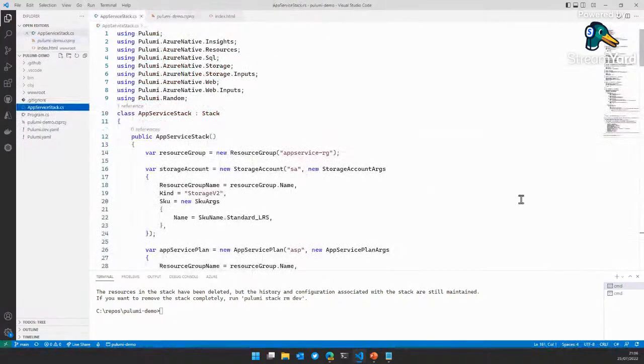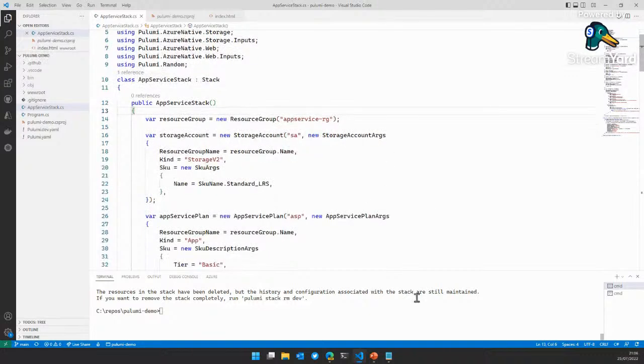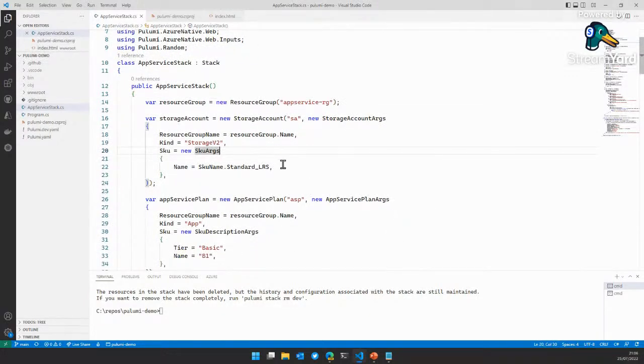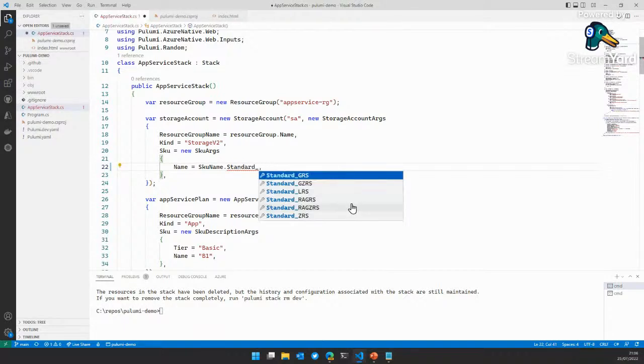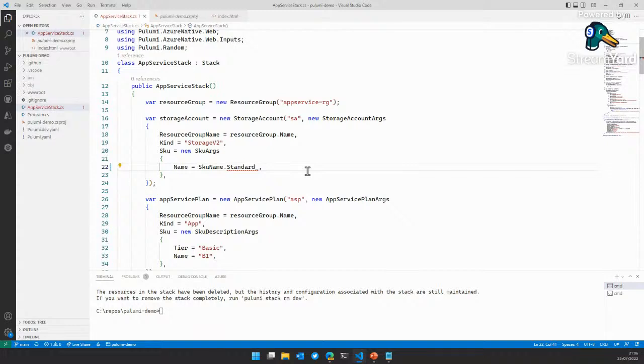All of my code is really in this stack here, which inherits from this base class. The rest of the syntax is similar to what you've seen already, and as I said, we get IntelliSense here. I can pick the different types of storage account I want. I'm just going to leave that one as LRS, but you can see I've got a compile error, so I can't do anything with this code until I fix the compile error. That's great. That's something I'm familiar with. The amount of times I've run ARM templates only to get an error, fix it, run it, get another error, is just incredible.